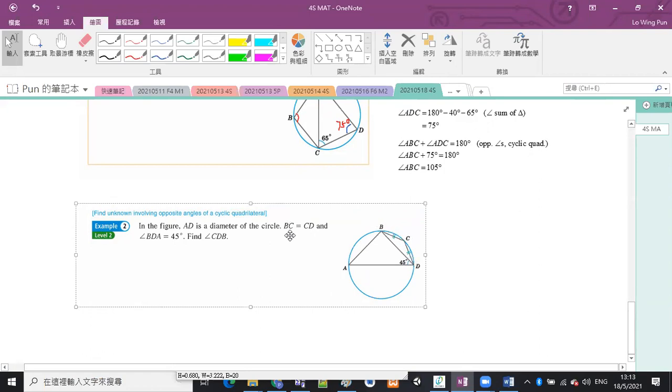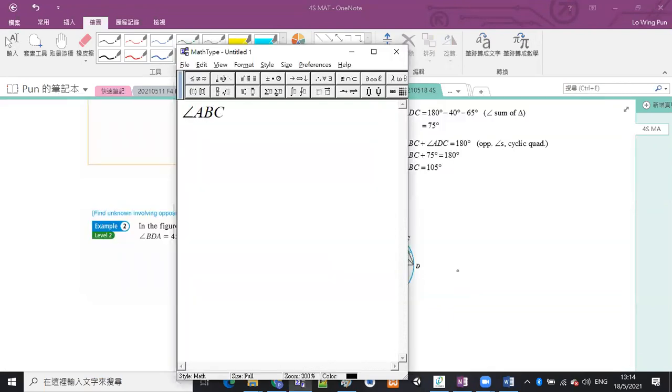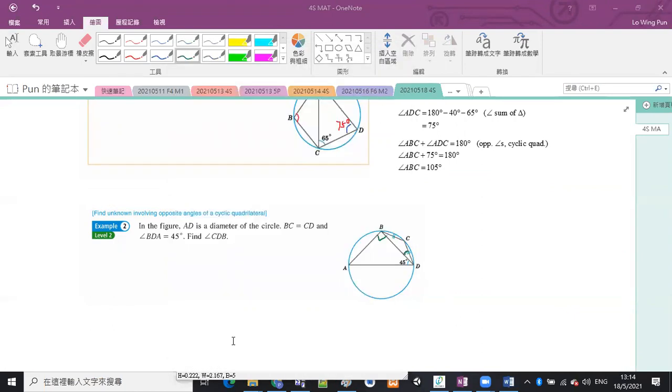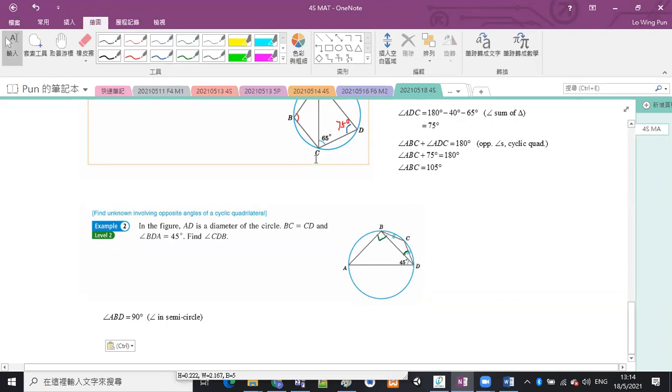is equal to CD. Angle BDA is 45 degrees. Find angle C dot boy. So C dot boy is this one, this little angle. Okay, and so we have a diameter AD, which means that we have a 90 degrees. So angle A boy dot should be equal to 90 degrees. Let us write this down first. Okay, angle A boy dot is equal to 90 degrees. And this is angle in semicircle. Okay? And when we have found angle A boy dot to be 90 degrees, in triangle A boy dot,